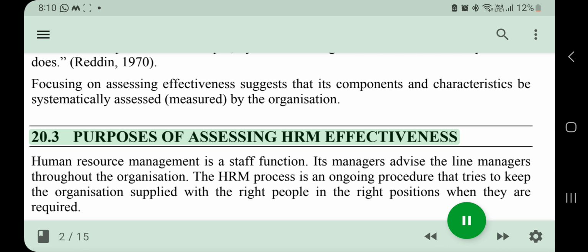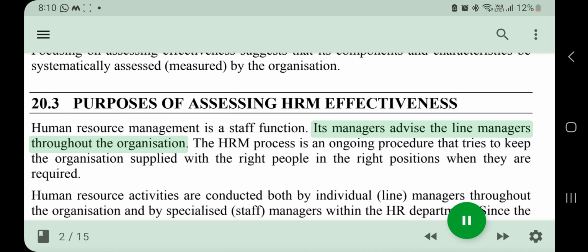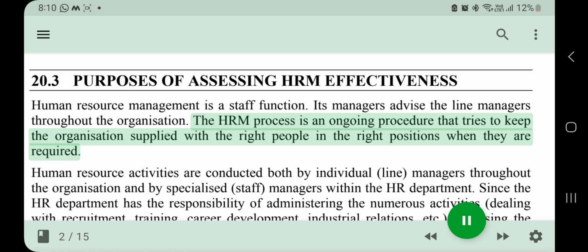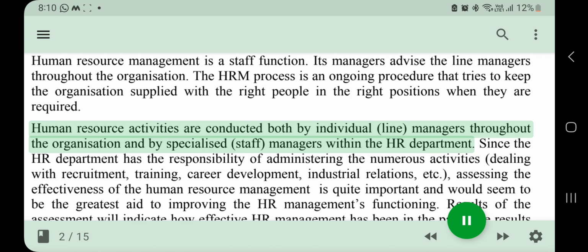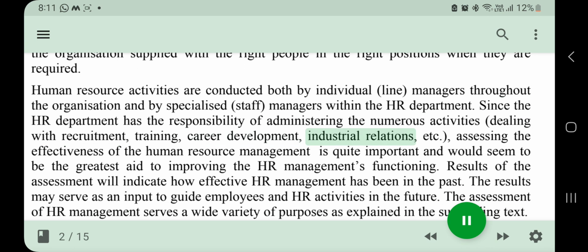20.3 Purposes of Assessing HRM Effectiveness. Human resource management is a staff function. Its managers advise the line managers throughout the organization. The HRM process is an ongoing procedure that tries to keep the organization supplied with the right people in the right positions when they are required. Human resource activities are conducted both by individual line managers throughout the organization and by specialized staff managers within the HR department. Since the HR department has the responsibility of administering the numerous activities, dealing with recruitment, training, career development,